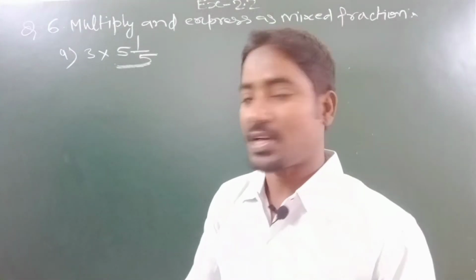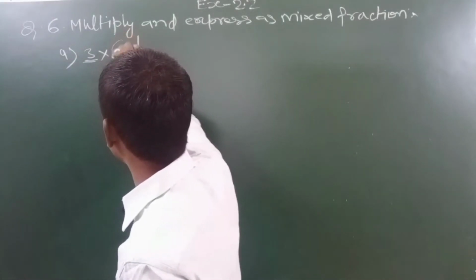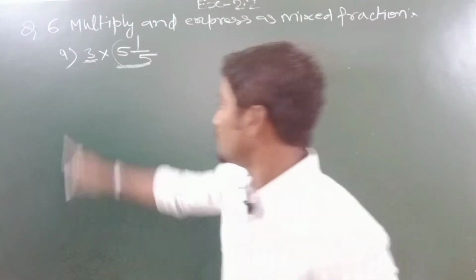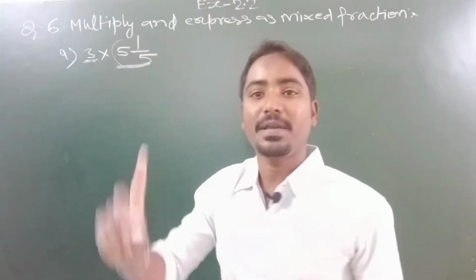मैं एक बात बताना चाहता हूँ कि ये जो है ये अलग टर्म है, ये होल नंबर है, और ये जो है ये एक अलग टर्म है, बीच में इनका मल्टीप्लिकेशन साइन है. ठीक है, तो ये और ये मल्टीप्लाई नहीं होगा. These two will never be multiplied.